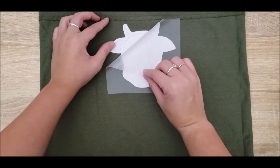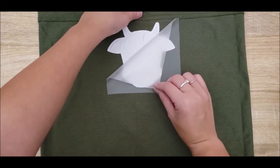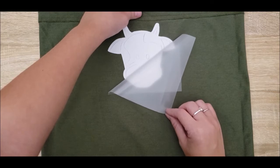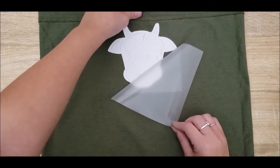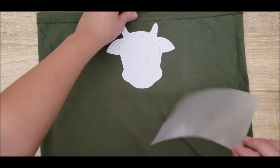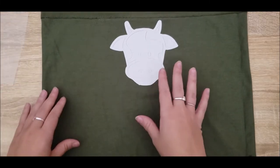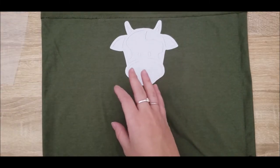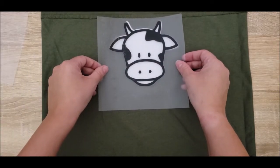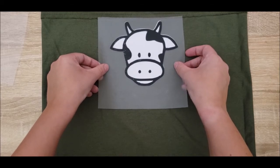Now you'll notice I do have some kind of lines breaking in between. It is because I accidentally messed up with my Cricut and I cut the wrong shape on the white. I ended up cutting the outline on the white by accident when obviously I needed the outline on black. You could just call that a user error on my part, but the shape is still there and that is a-okay by me. So now I'll be able to bring in my black, overlap the exact same spots in the white where the outline is,